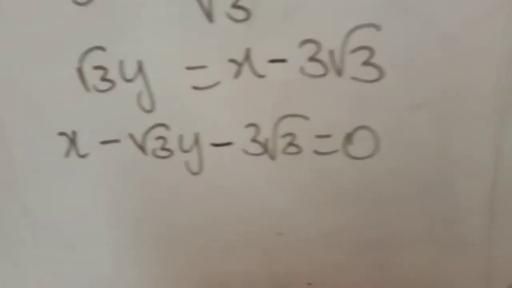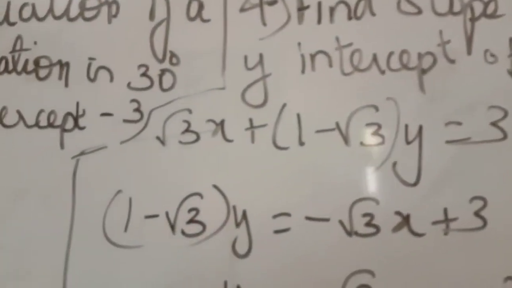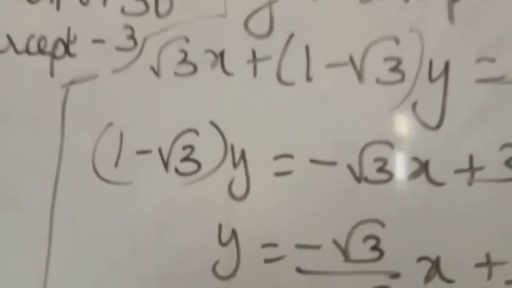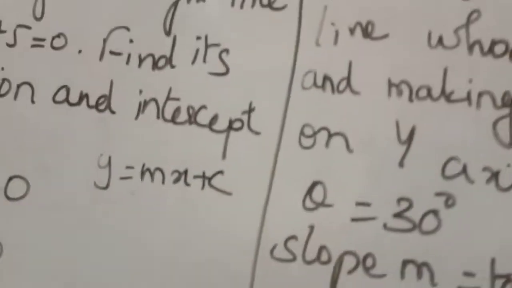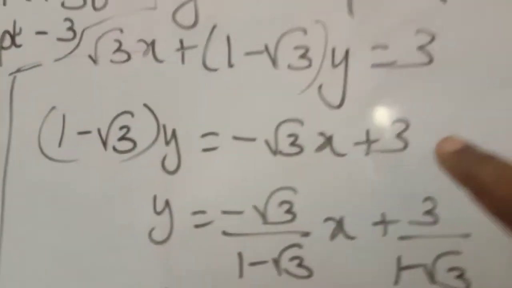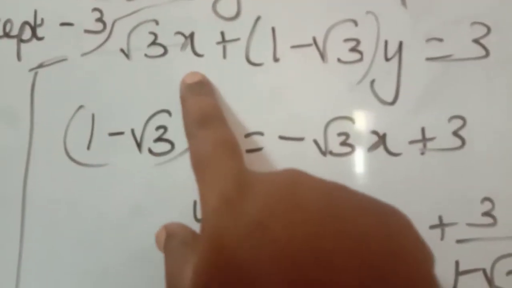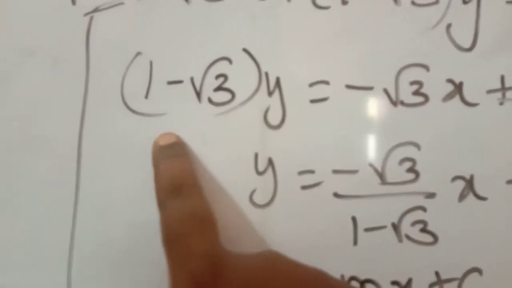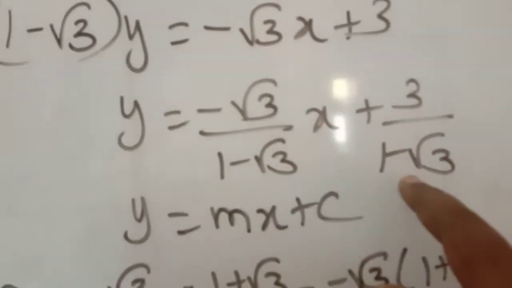That is the equation. Next, question number 4. Find the slope and y-intercept of the straight line. The same question is asked, but root 3 is there, so do it carefully. Okay. So what is the standard form? Y is equal to mx plus c. So y alone should be there on the left hand side. So first keep this term on the left hand side. Bring root 3x, minus root 3x, to the right hand side. Okay, now y alone should be there. So 1 minus root 3 into y is there, so divide by 1 minus root 3, here 1 minus root 3.